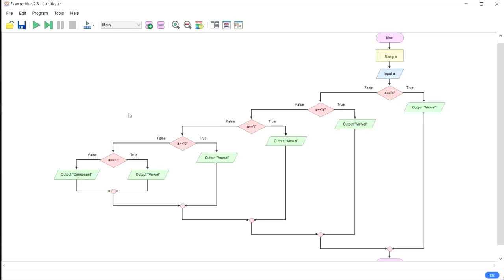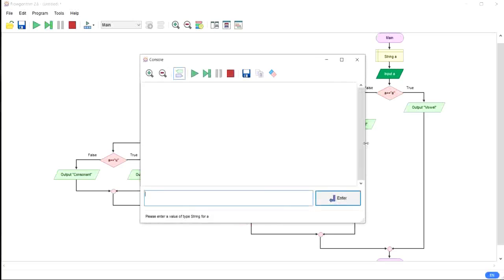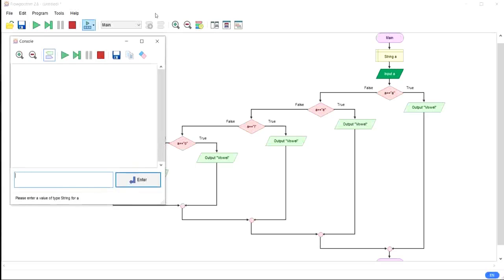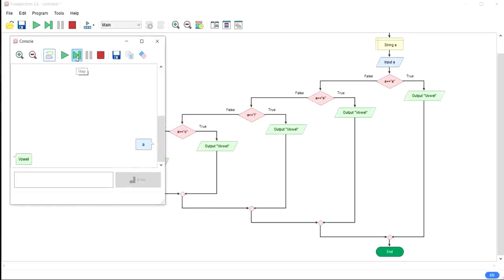Now, to check the correctness of this flowchart, run it step by step. Now it prompts for input from the user. So enter any character which is lowercase, because the problem says only lowercase. Suppose here I am entering the letter A. Press enter. Then it matches with the first condition and displays vowel.